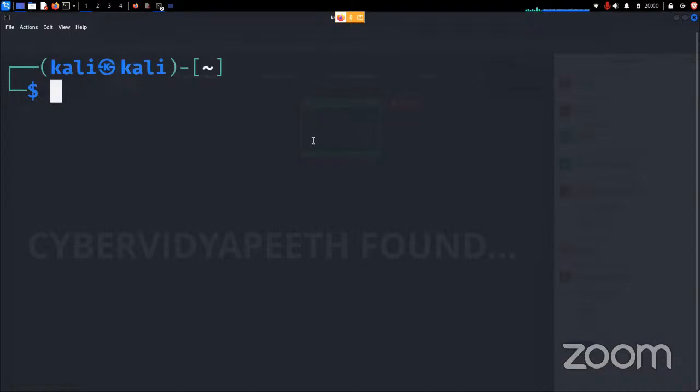Recoverjpg basically recovers all the JPG images that any disk contains. Let's suppose I have a pen drive connected to my system and I want to recover all the deleted JPGs and all the present JPGs from the pen drive. For that purpose, I will use recoverjpg. The syntax of recoverjpg is very simple. We will use recover,